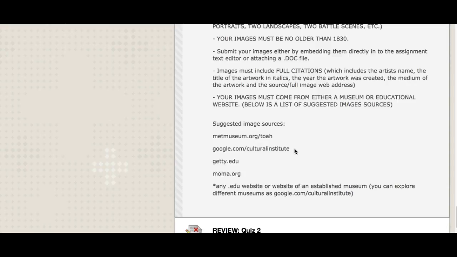MoCA, the Museum of Contemporary Art in LA. You could go to, excuse me, the Art Institute in Chicago. There's a lot you could explore. You could go on Google's Art Project and explore different museums and then go to their websites to find images. So the reason I do that again is to make sure that we're finding reputable sources that have a good amount of art that you're going to be able to find